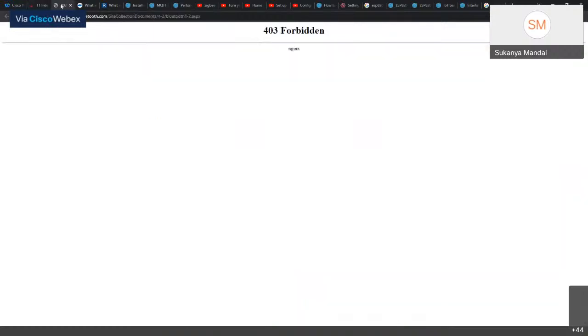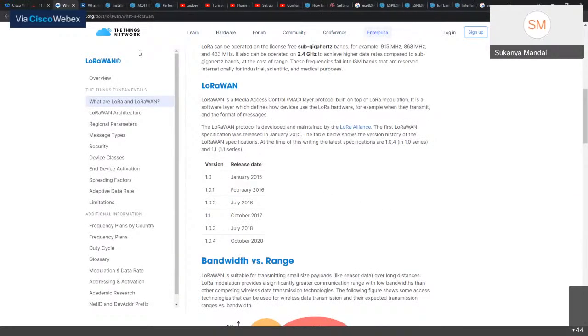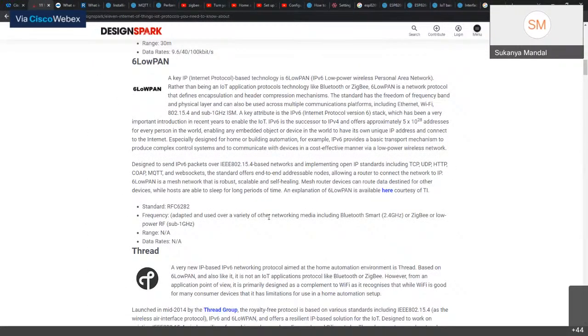6LoWPAN is capable of catering to mesh networks that are robust, scalable, and self-healing. Robust means it is capable of accommodating a number of devices. It is also scalable, so when new devices get added, it can scale on its own.